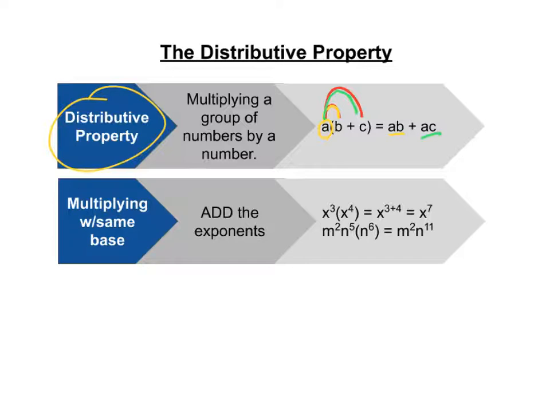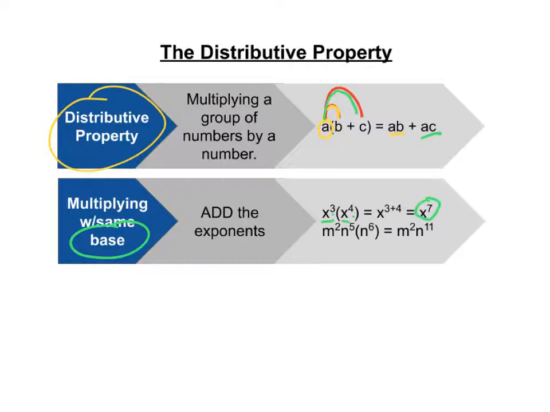The next part we're going to talk about is multiplying things with the same base. When you do this, you're going to add your exponents. The base is your variable. So we have x and x. When you do that, we're going to add 3 and 4. So x to the 3rd times x to the 4th is x to the power of 3 plus 4, which is x